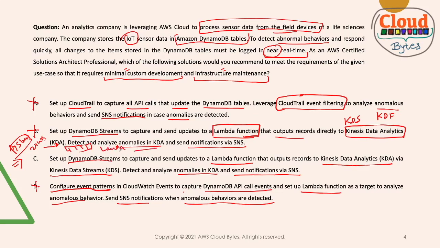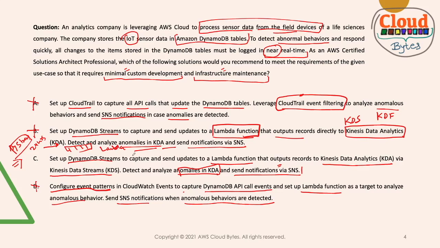And the Lambda function can actually output the response to KDA using the Kinesis data stream. So once the stream is processed, you can send notification by an SNS topic. So as soon as data comes into DynamoDB, the DynamoDB stream is populated, which is a queue basically, and is available for the next 24 hours. There can be one or more Lambdas listening to this queue, and then the Lambda can send this to